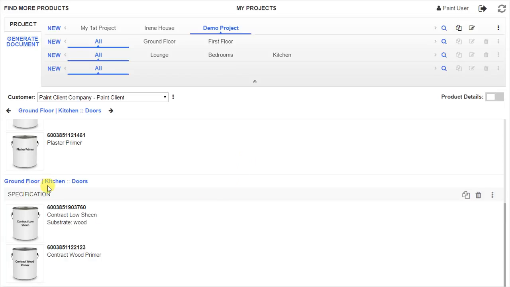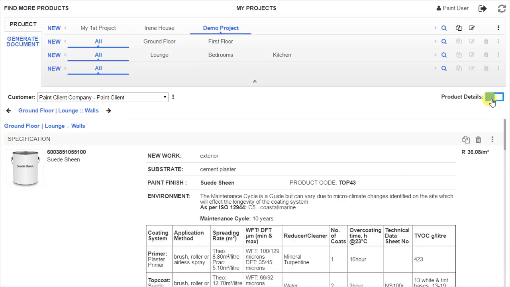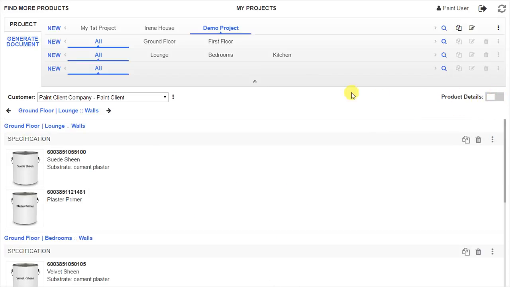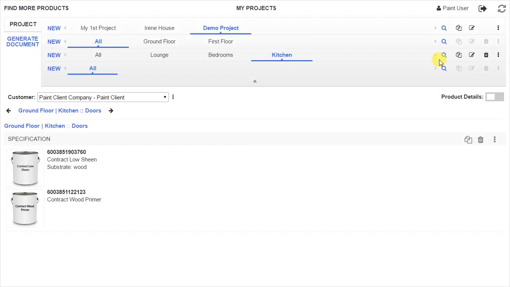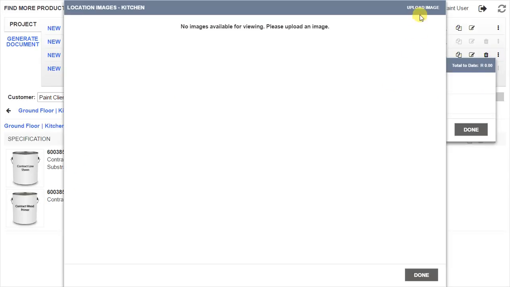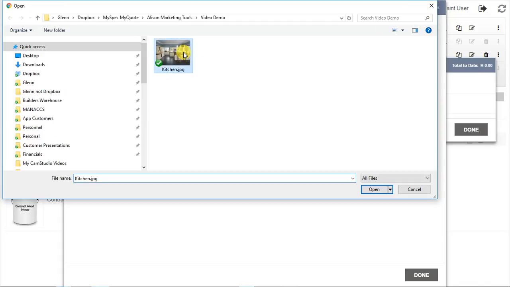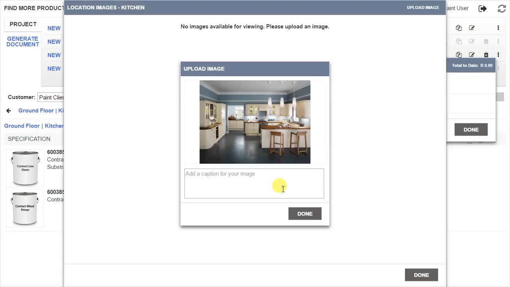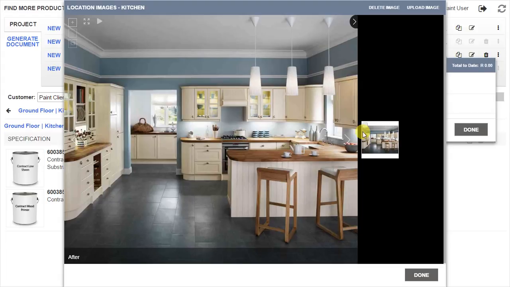And as you'll see down below, we have our kitchen door spec for the wood substrate. From there we can click on the details button to see the detailed spec. We can also do some quite nifty things like add images to the different locations. So if we wanted to add a picture to the kitchen to record the site before or after the job was done, we could do that, and we'd simply add a caption which says after example, and we would check